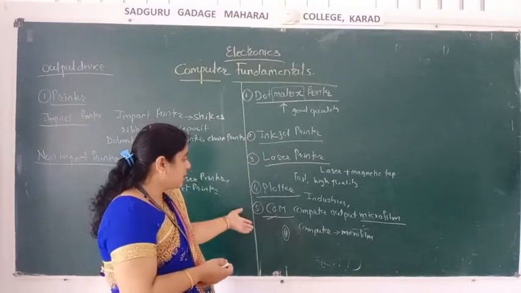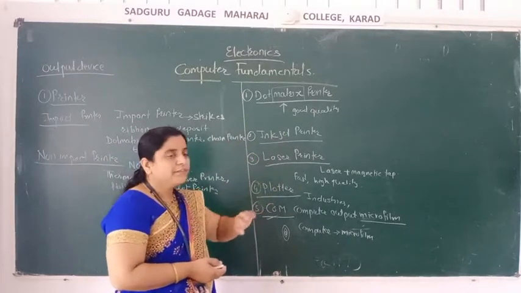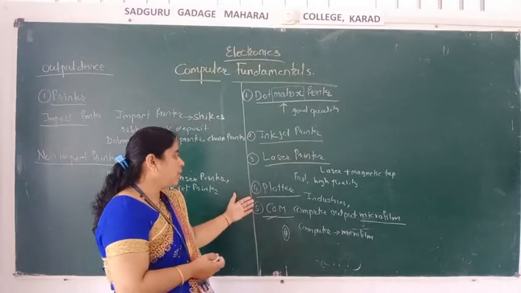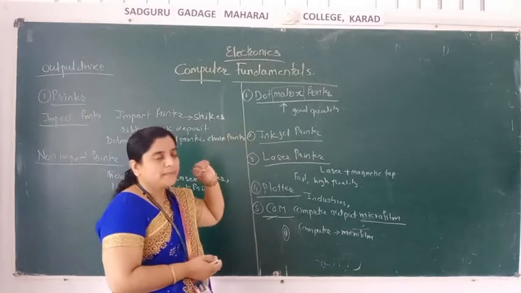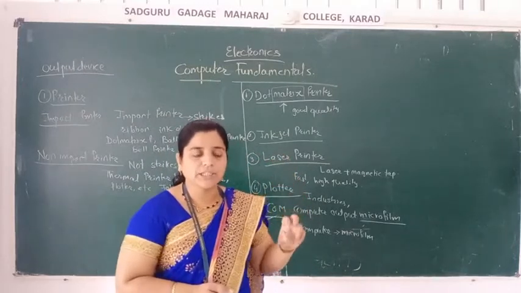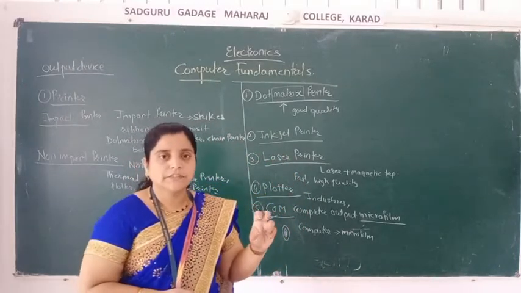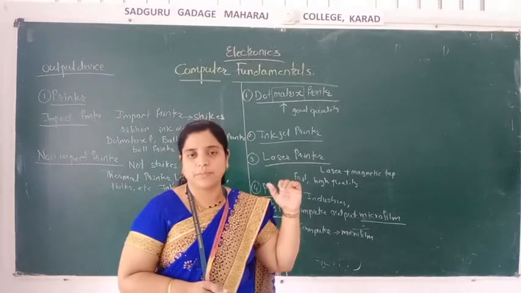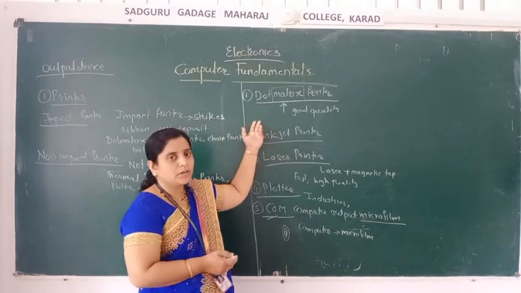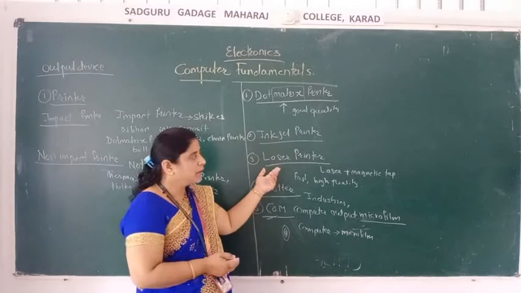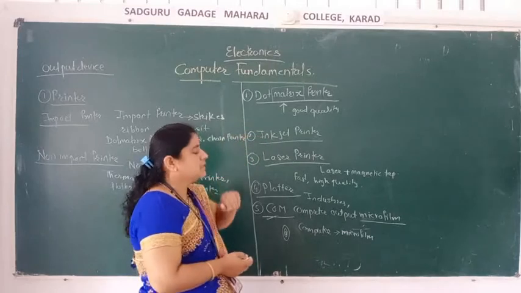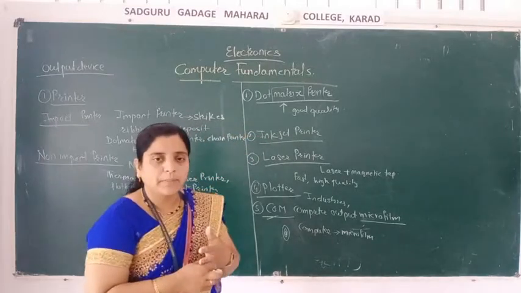Printer, we know what it means, but how does it work and how many types are there? There are five types of printers, and they have different functions. First is the dot matrix printer, then inkjet printer, laser printer, plotter, and the COM. The dot matrix printer works using dots arranged in matrix form. If the matrix is high, then print quality is best. It's a slow printer, not as fast as a laser printer. Second is the inkjet printer, which is superior to the dot matrix printer.